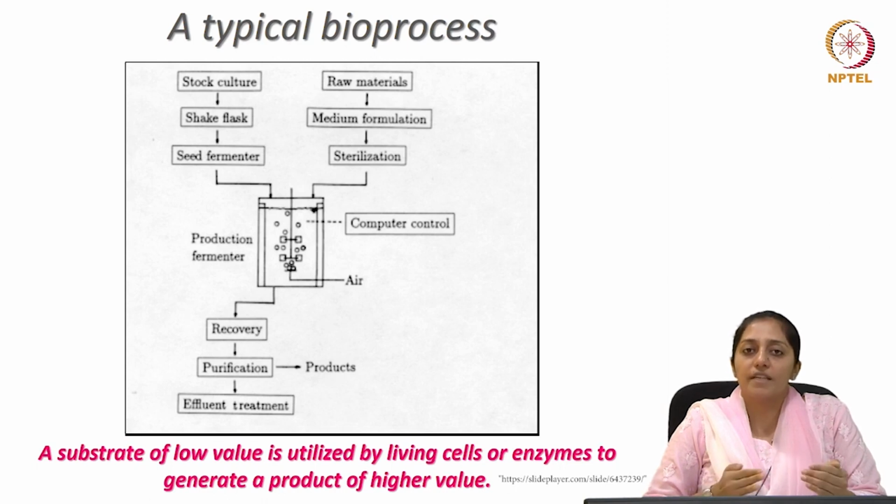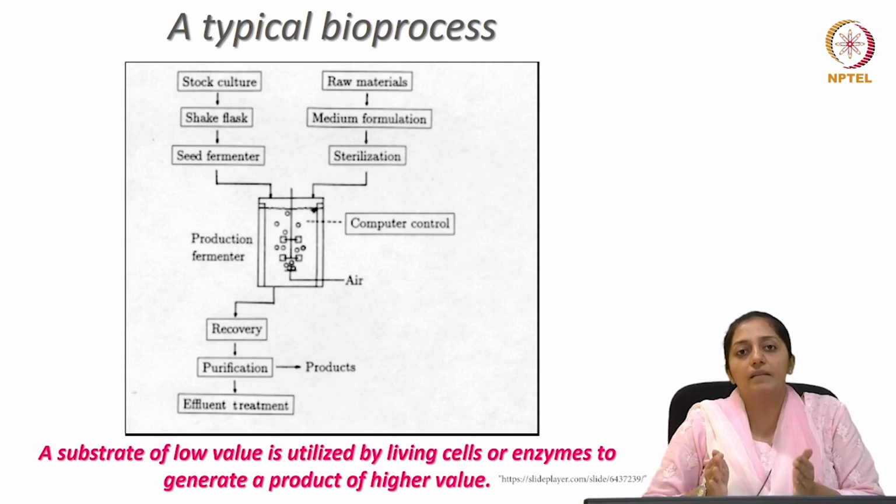Now, if the product is extracellular, then the cell need not be disrupted and the product has to be separated from the broth. Otherwise, if it is intracellular, then first the biomass has to be harvested, which means separated from the liquid broth, spent medium, and then the biomass has to be separately disrupted to bring out the product, which